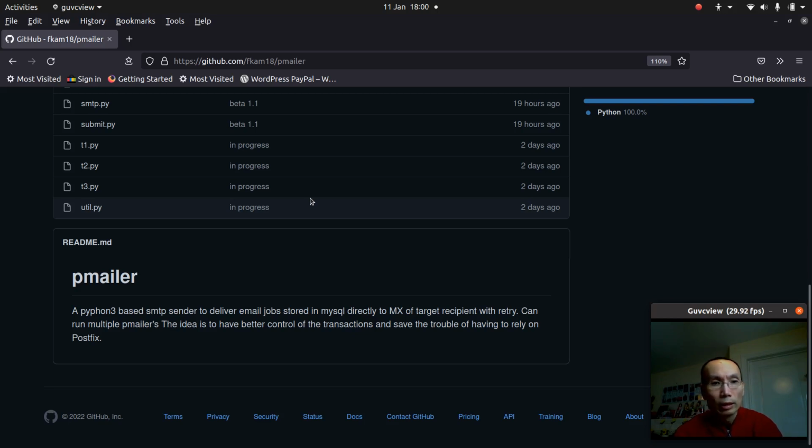So I was thinking, why not just use Python or any scripting language with an SMTP library just to send it out directly. Essentially very much like if you manually use telnet to an MX of a recipient domain. You do the HELO, the RFC 822 command sequence for SMTP,